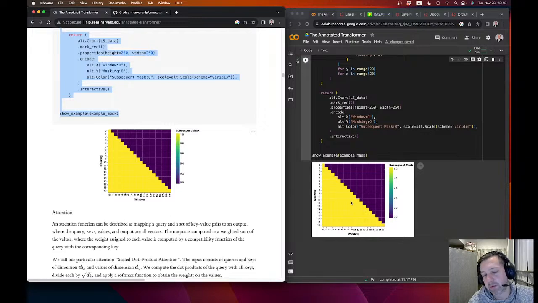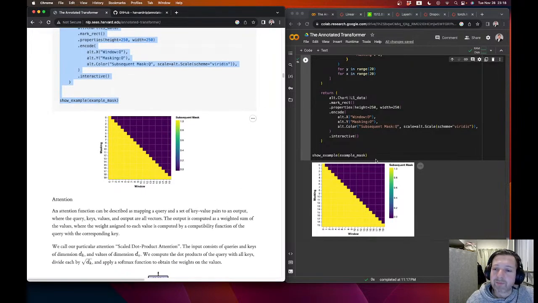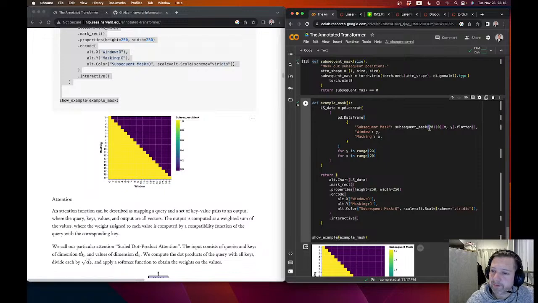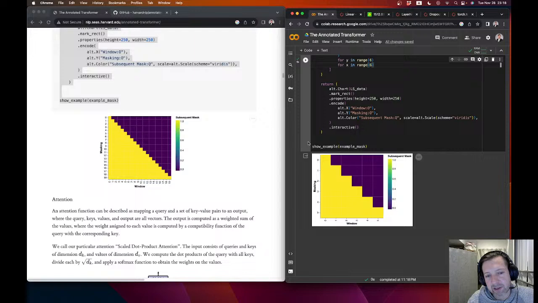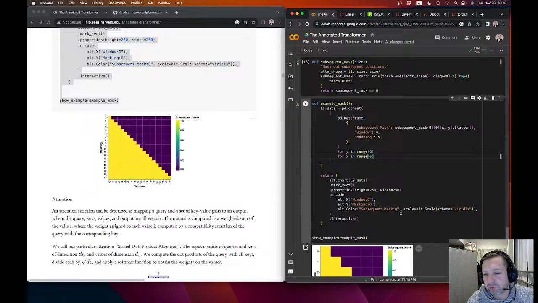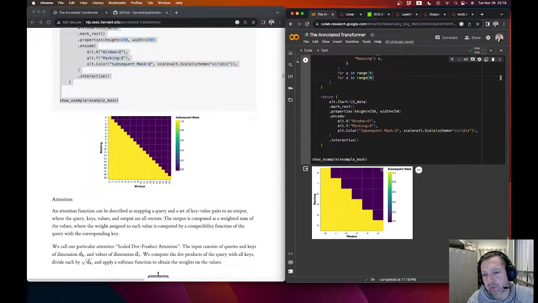I'm not sure this was necessary, but maybe just to play around with this, if we make this, let's say 15, or let's just make this 6, a smaller matrix, then you can more easily see the individual cells here. So the diagonal is allowed, and then anything above the diagonal is in this case set to, well, it shows as 1, but the